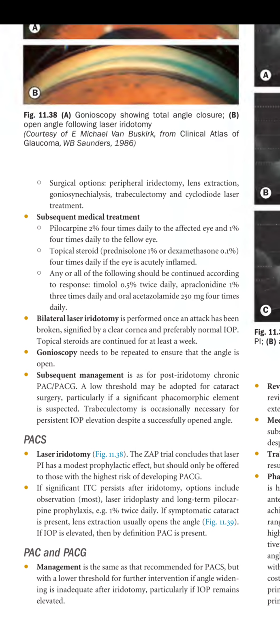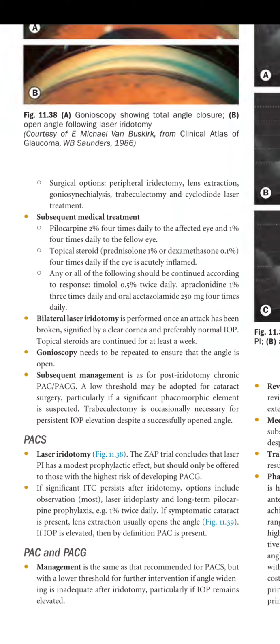Bilateral laser iridotomy is performed once an attack has been broken, signified by a clear cornea and peripherally normal IOP. Topical steroids are continued for at least a week. So once the attack is resolved, you can do bilateral laser iridotomy. Gonioscopy needs to be repeated to ensure the angles are open. Subsequent management is as for post iridotomy chronic